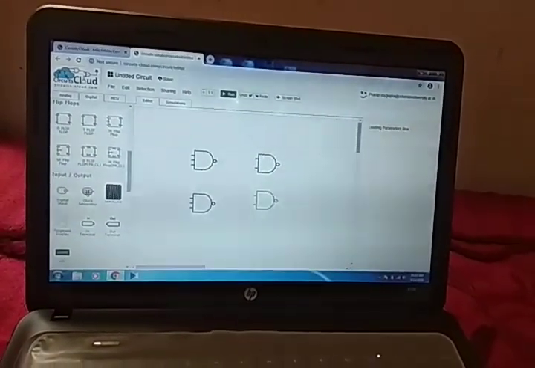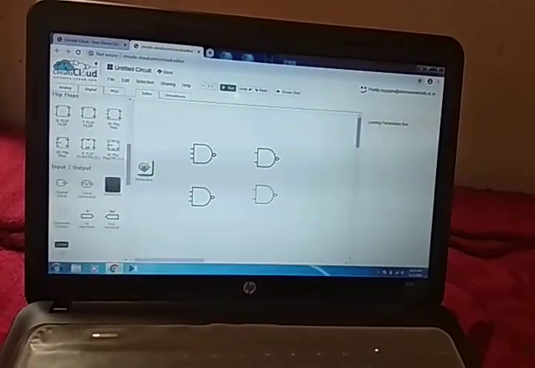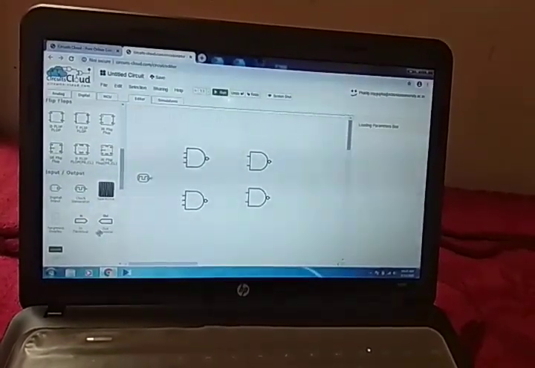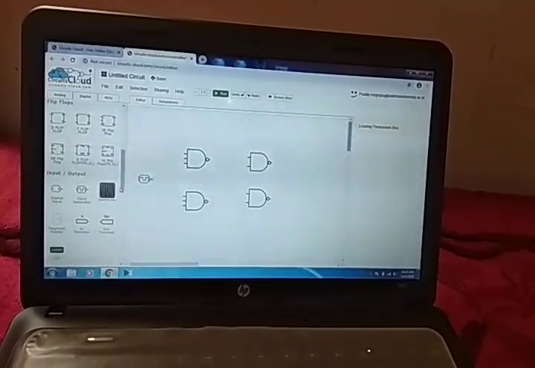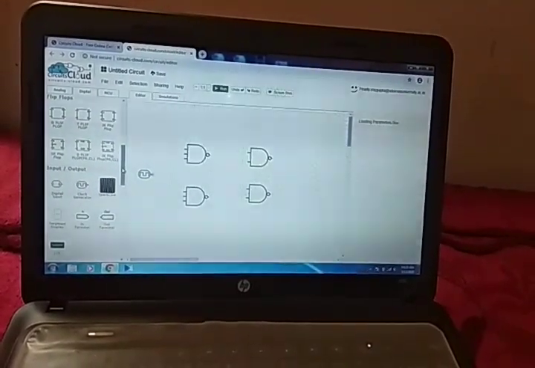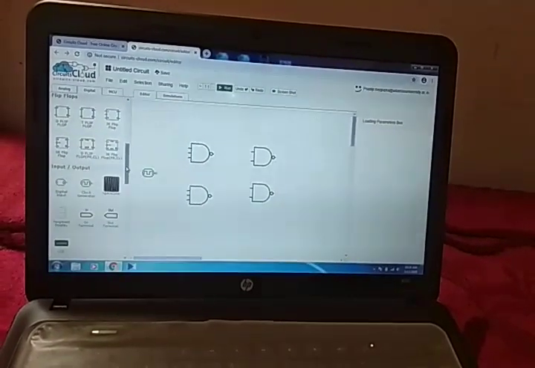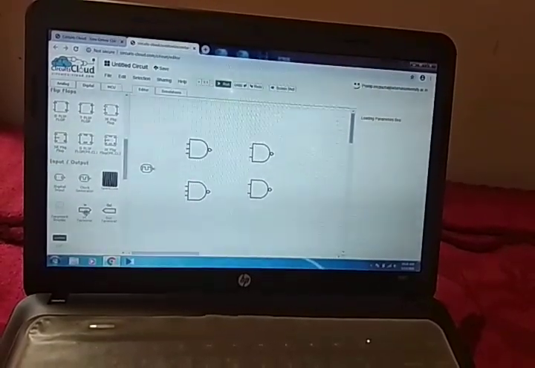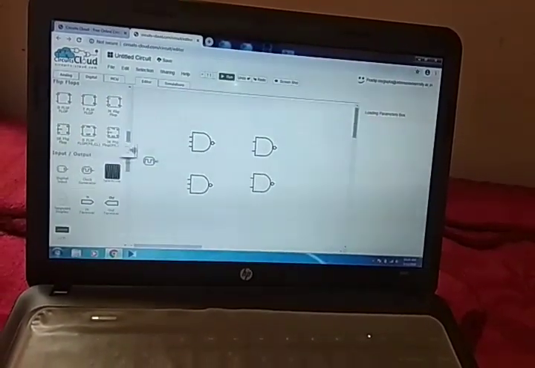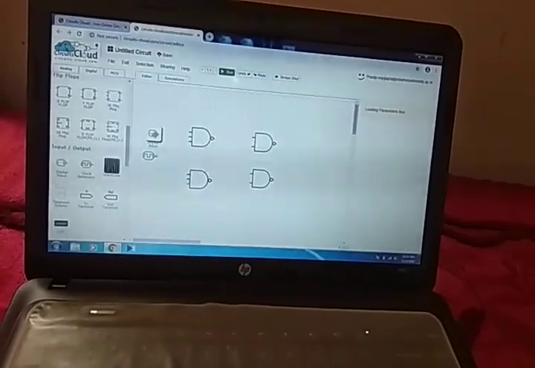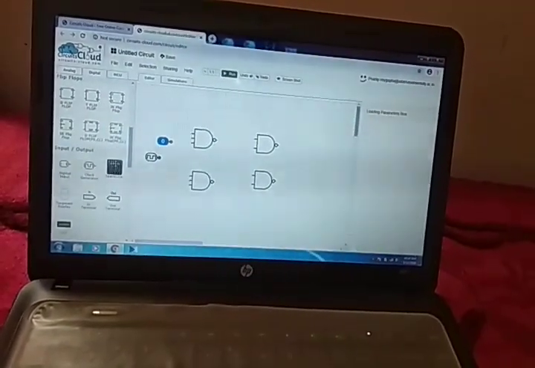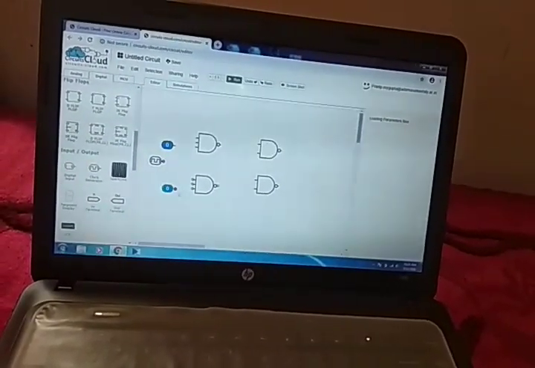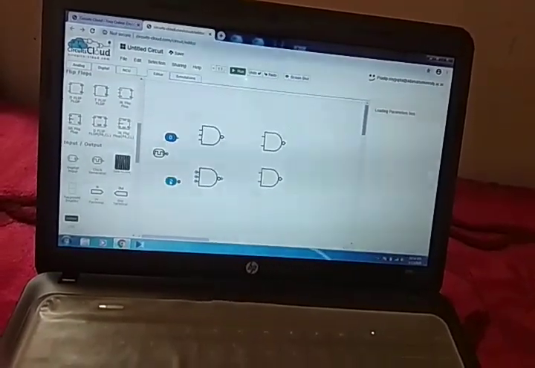Like a clock generator is being added here for giving the clock, and then we are going for the input. Okay, align them properly.